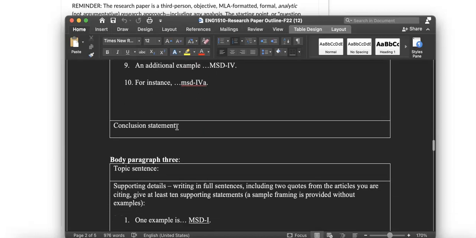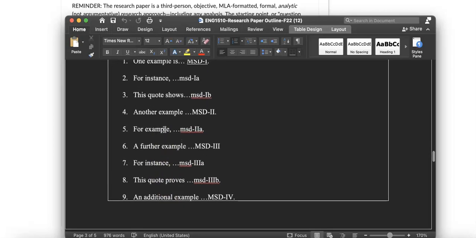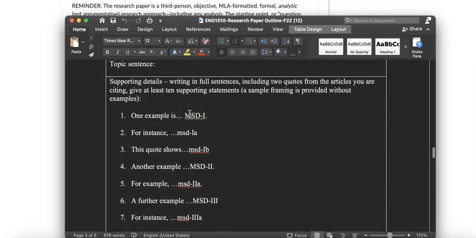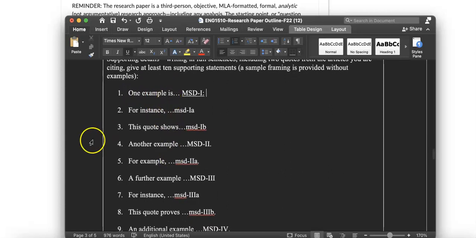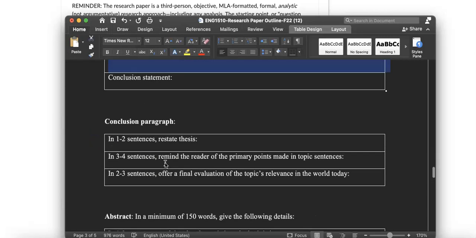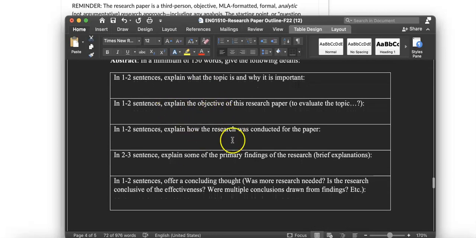Body paragraphs 1, 2, and 3 should be fully detailed here. With these layouts, if you're doing it like this, you don't have to keep a labeling on here of major supporting detail, or if you would like to keep it in framed order for yourself, you can give it like this. Keep the numbering for these and make sure you're using transitional elements, but I don't have to have this exact wording on it. I think it helps you all to stay on track with these. The conclusion, then, you follow through on the basic principles of conclusion, and the abstract comes afterwards.